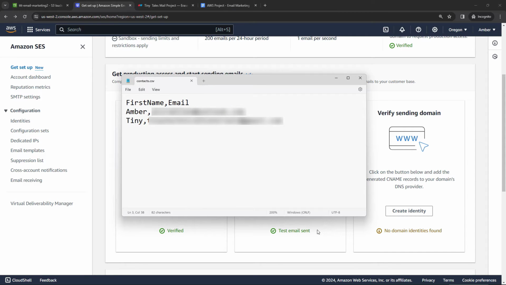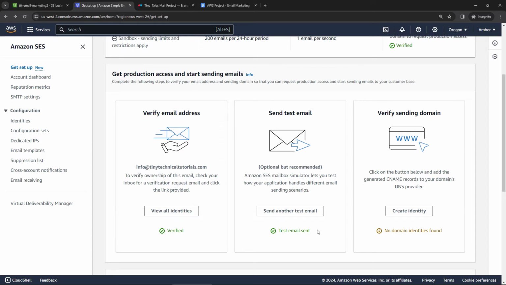This was back in our contacts.csv file, so I was using 2 different emails. You might have more, you might have just one, but we're going to need to validate both of these if you want to be able to send to them. It's actually pretty easy to do. So let me come back here. These are called identities. And if we view all identities,